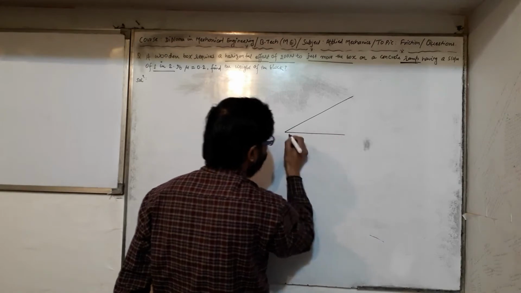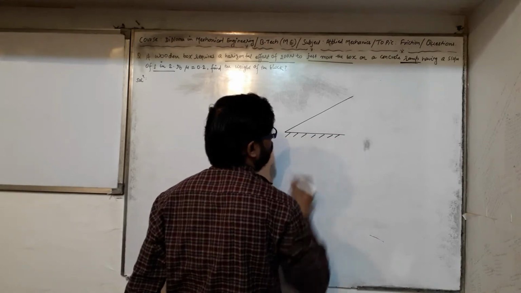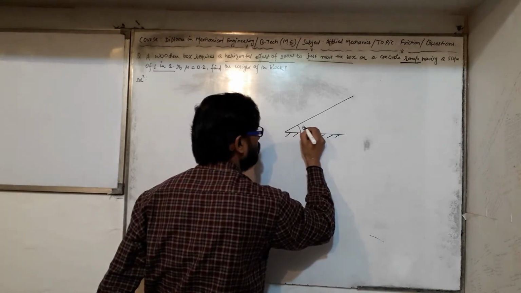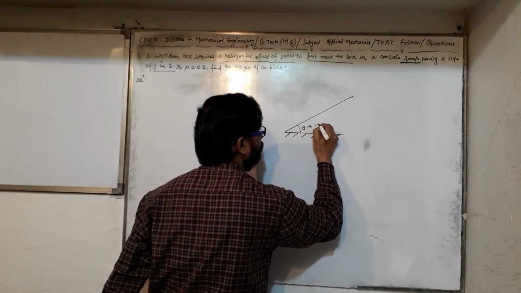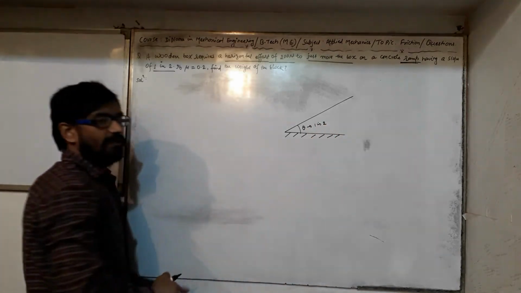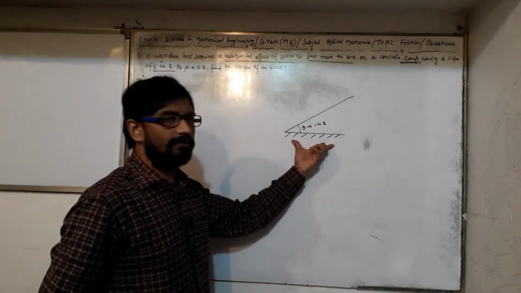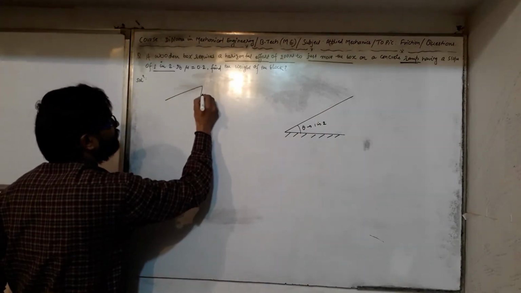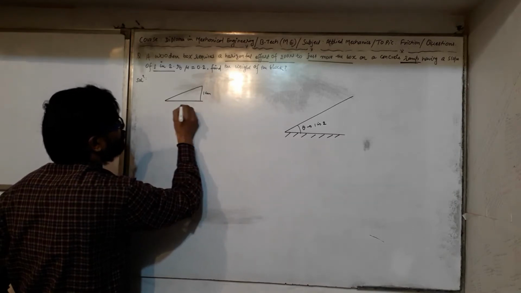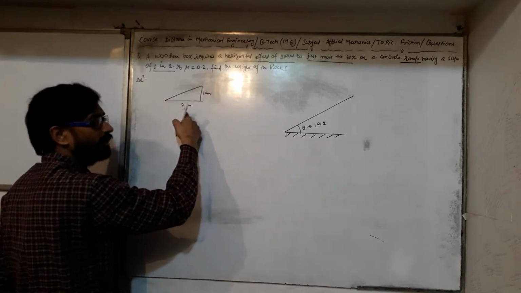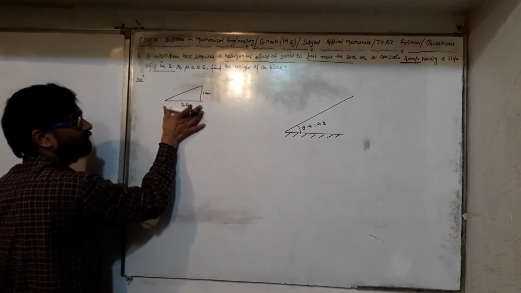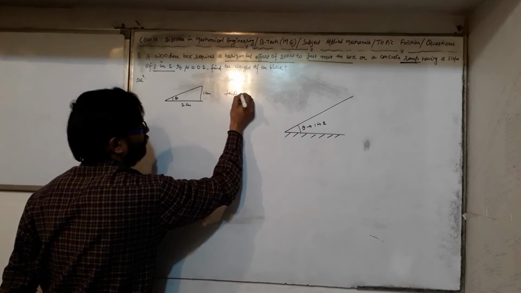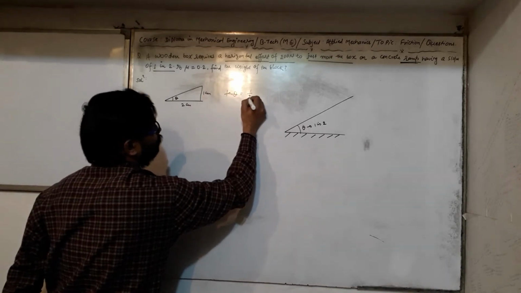So this is a horizontal surface, where a ramp is here, with incline theta, and let us say the slope is 1:2. It means that at every 2 centimeter distance, the height is 1 centimeter. So if this is 1 centimeter and this is 2 centimeter, 1:2, this is theta. So can I say tan theta is nothing but 1/2.